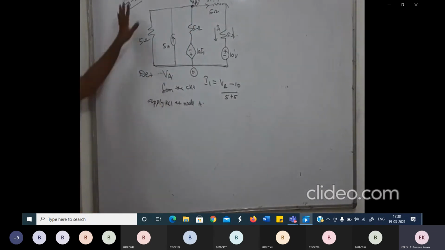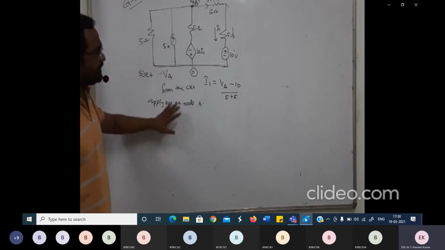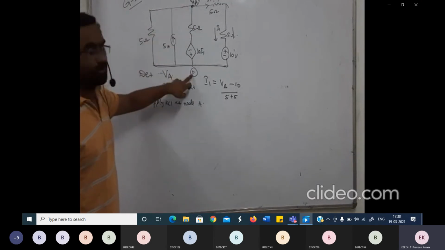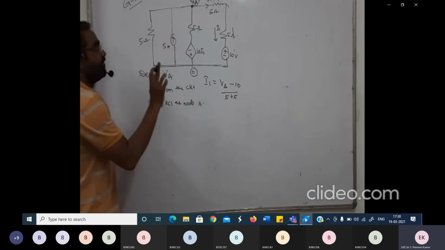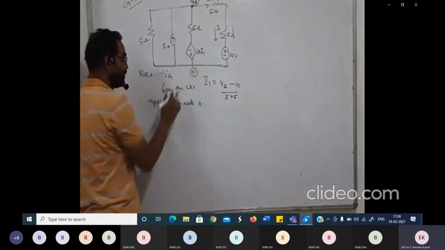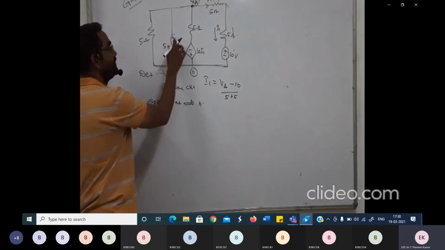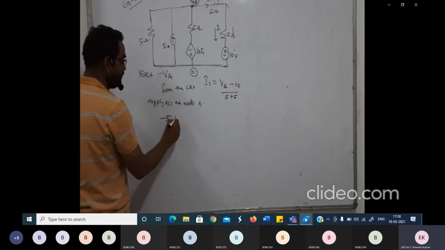Right. Now, this is a GATE examination 2 marks question based on dependent sources. This is very simple because we have two nodes and the number of nodal equations is only one. So we get only one equation here. Right. Am I clear for everyone? Now let us write your KCL equation here. Now let us see, this is the current source which is towards the node. I say minus 5 ampere plus.